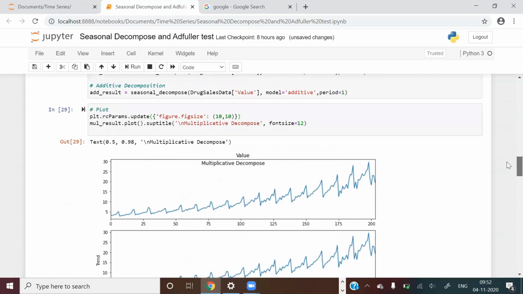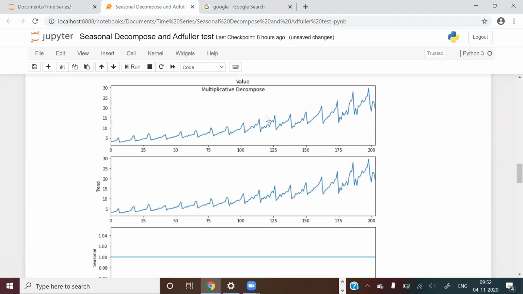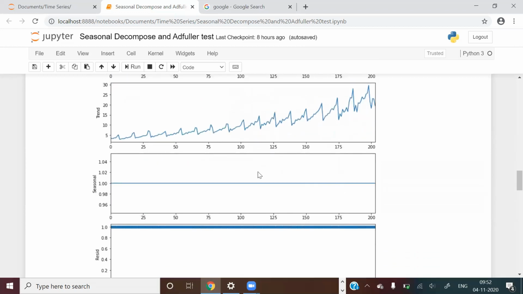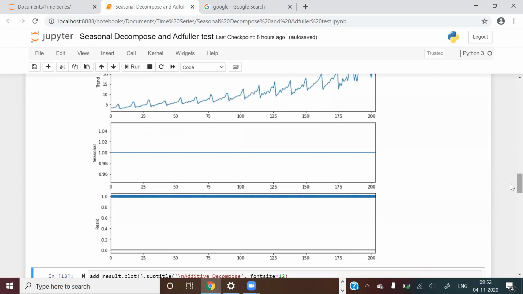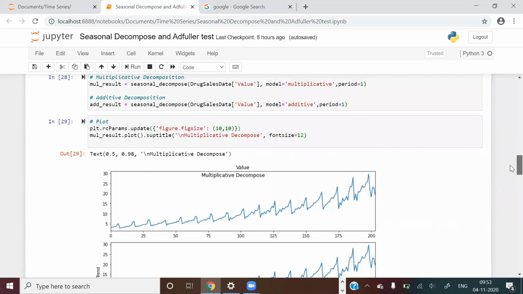If you can see here the multiplicative time series, guys, the first chart is your actual time series, the second chart is the trend component, the seasonality component is third, and the fourth is the residual component. As you can see, the time series looks more or less similar to the trend component, which means that in this time series the trend component is more prominent if we decompose it multiplicatively. The seasonal component is at 1, which means there is not much seasonality in the data, and the residual is also 1. These are the different parts of the time series when we decompose using seasonal_decompose.